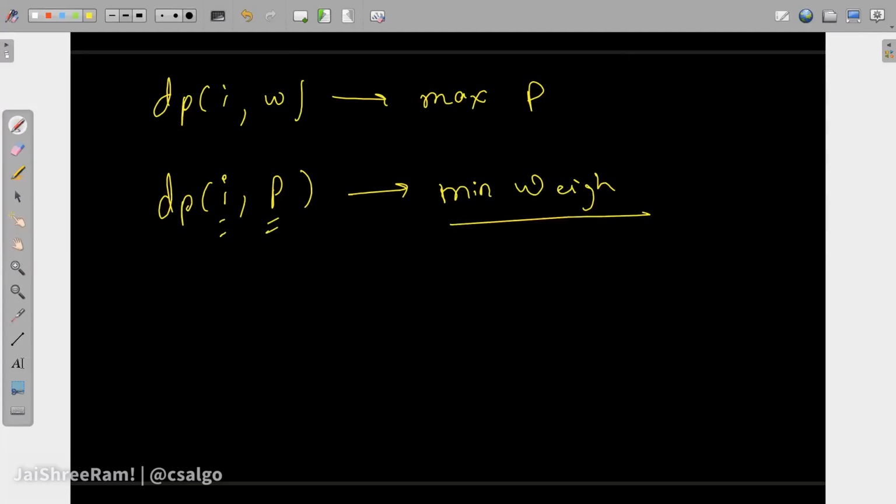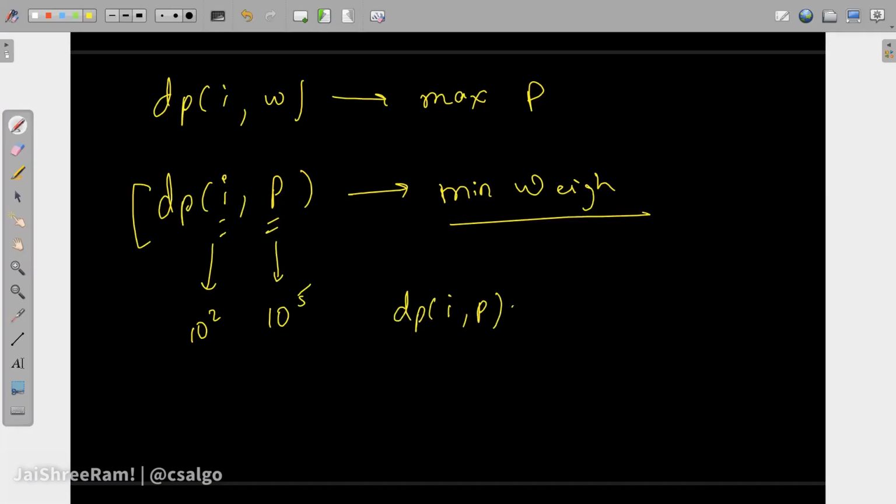Now this particular dp will work in this case because p is given up to 10 to the power 5, and this is 10 to the power 2, so there are 10 to the power 7 states, so that will work. The maximum profit that you can go up to is n times p i, that is 10 to the power 5. With this into consideration, we can simply write the recurrence as dp of I comma p